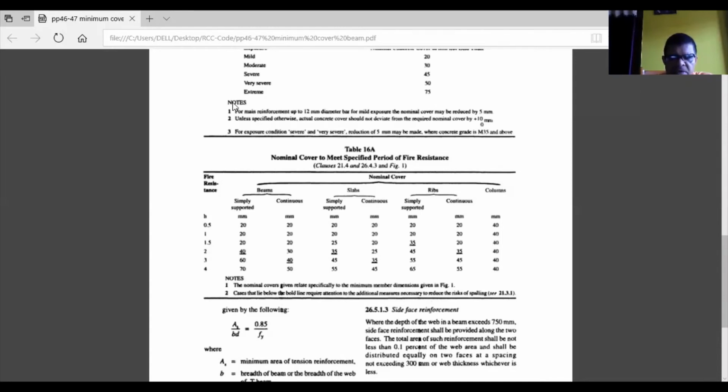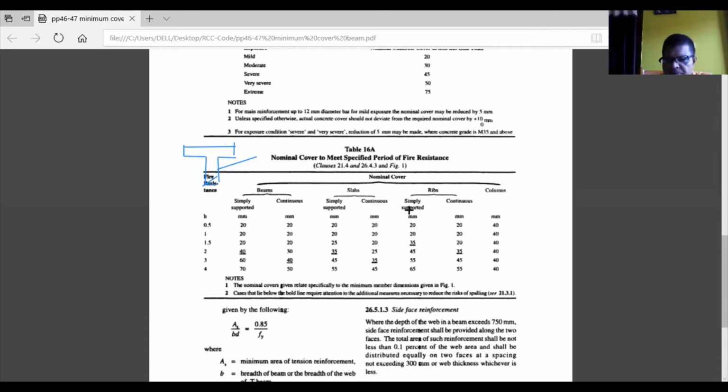What is a rib basically? If you have seen a T beam, think of a T beam. In the T beam, this part is called the web or rib.